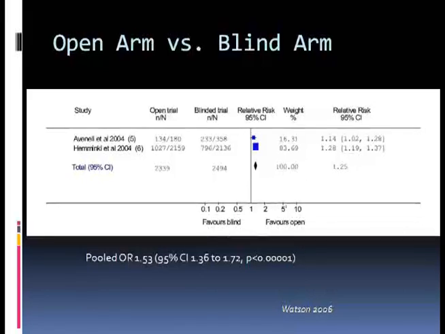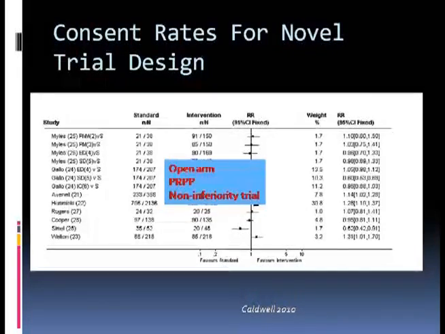Again, the same thing, consent rates for novel trial design. We discussed this patient preference. So patients can actually choose if they are going on an active therapy or they are going to be randomized. But if you look at only the subgroup of people that accepted to be randomized, the percent of participation is the same as if you go straight to a randomized control trial. So I don't know how much that helps.